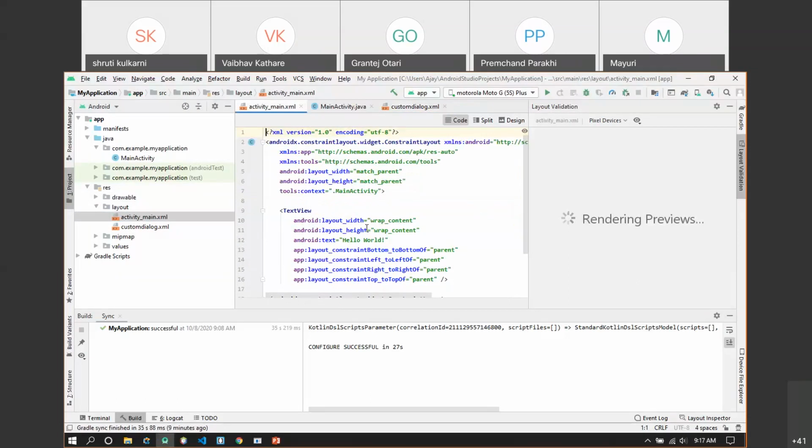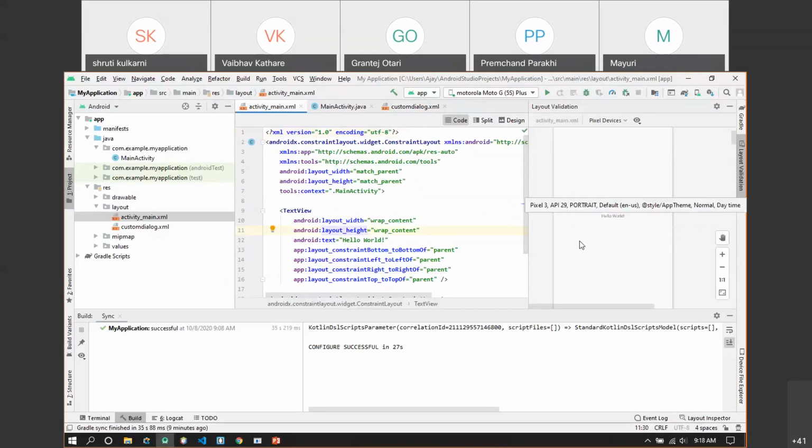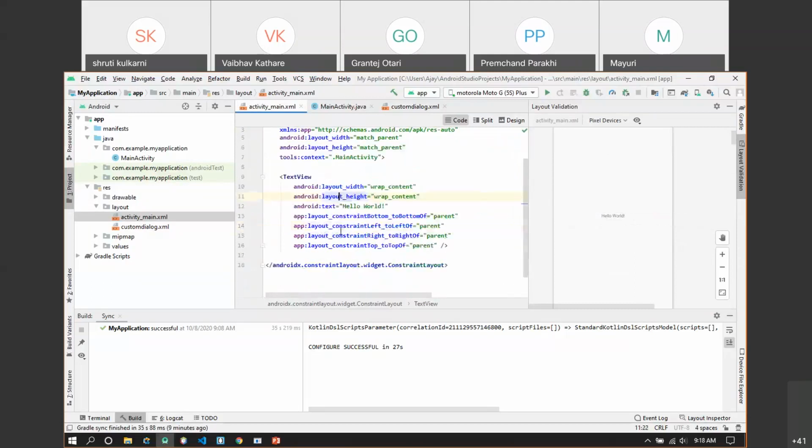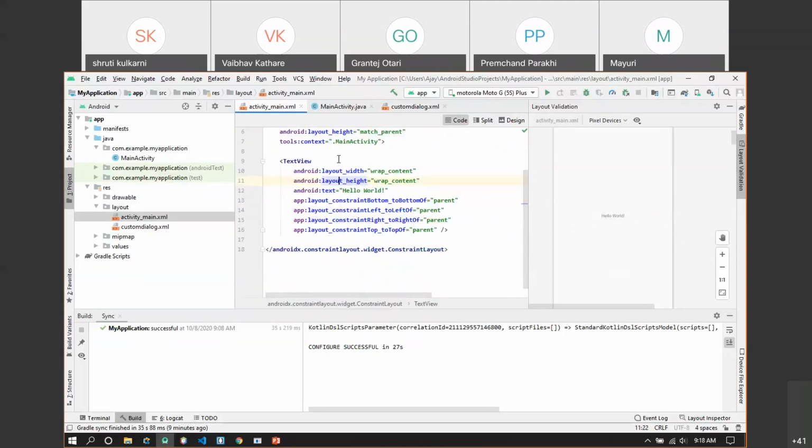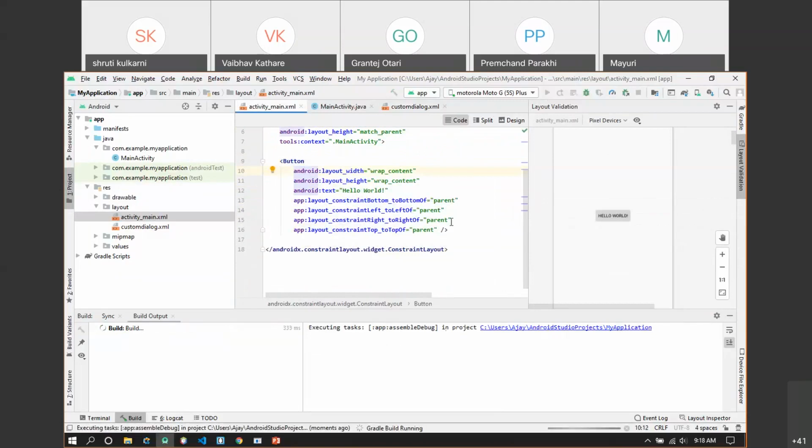Okay, now what we can see here is it says hello world. It has a default text view which says hello world. Now what we'll try to do here is modify the text view into a button, so that instead of the text view the button will be displayed, and we'll just try to run the app.